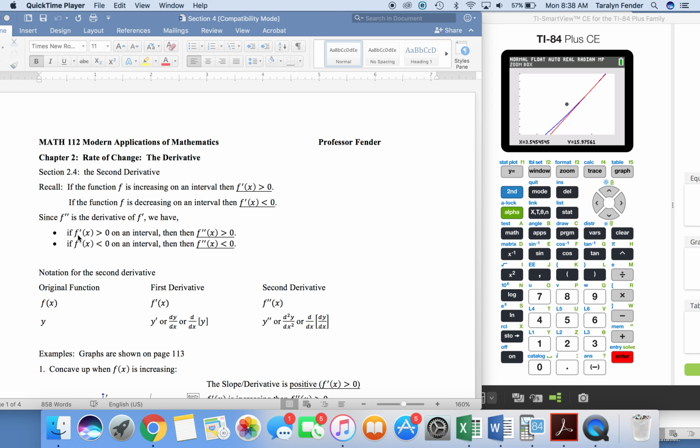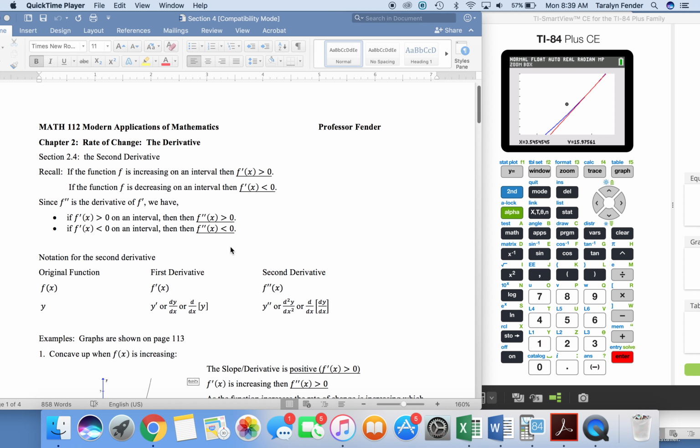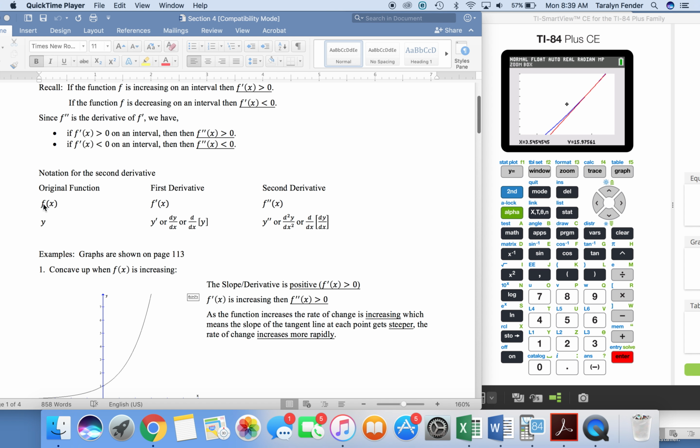We have if f prime of x, the first derivative, is greater than 0, then the second derivative will also be greater than 0. If the derivative of the function is less than 0, then the second derivative will also be less than 0. So here we have some more notation: f of x, f prime of x, f double prime of x, and y. You can have y prime, y double prime,